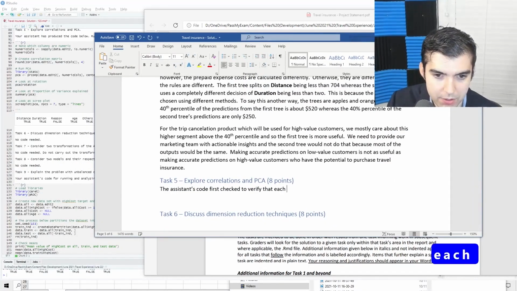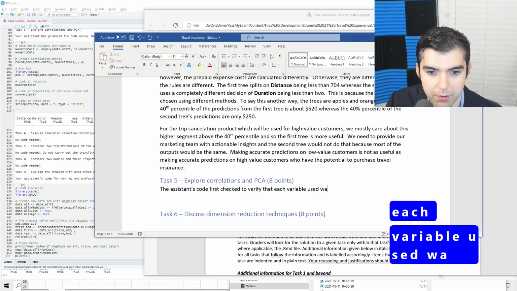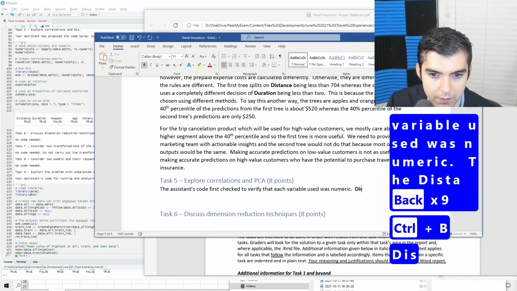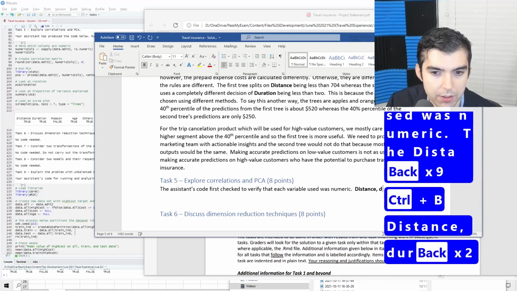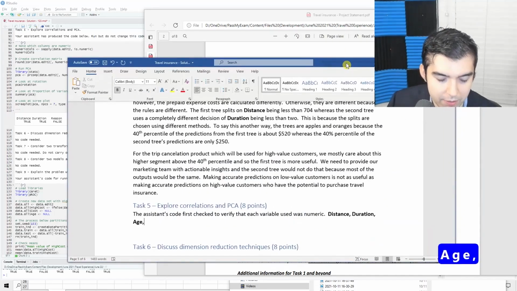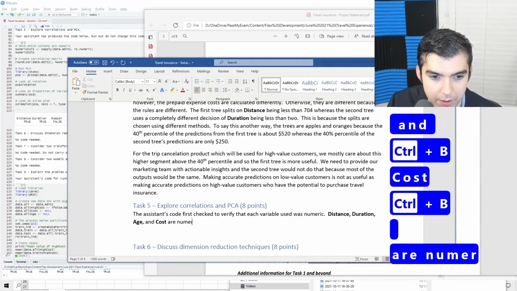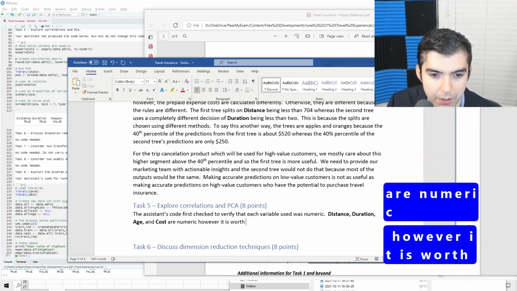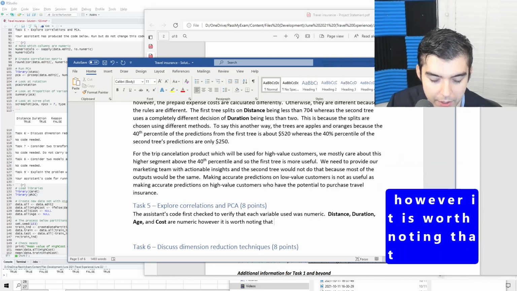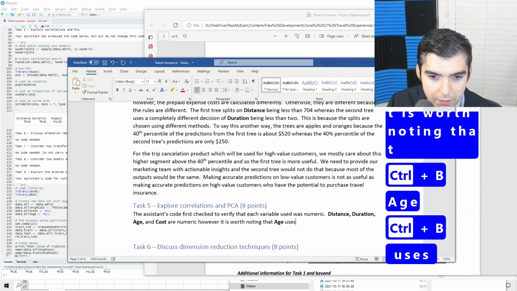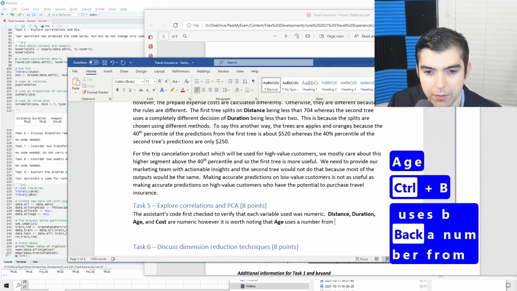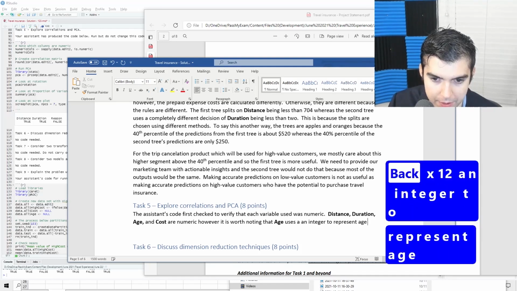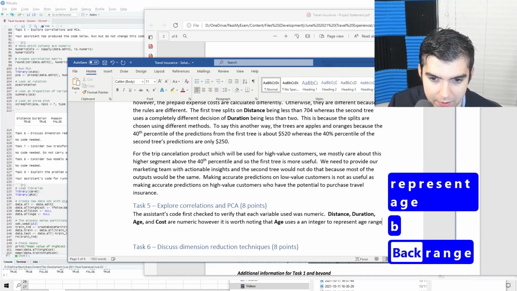The distance, duration, age, and cost are numeric. However, it is worth noting that age uses an integer to represent age bins, ranges.